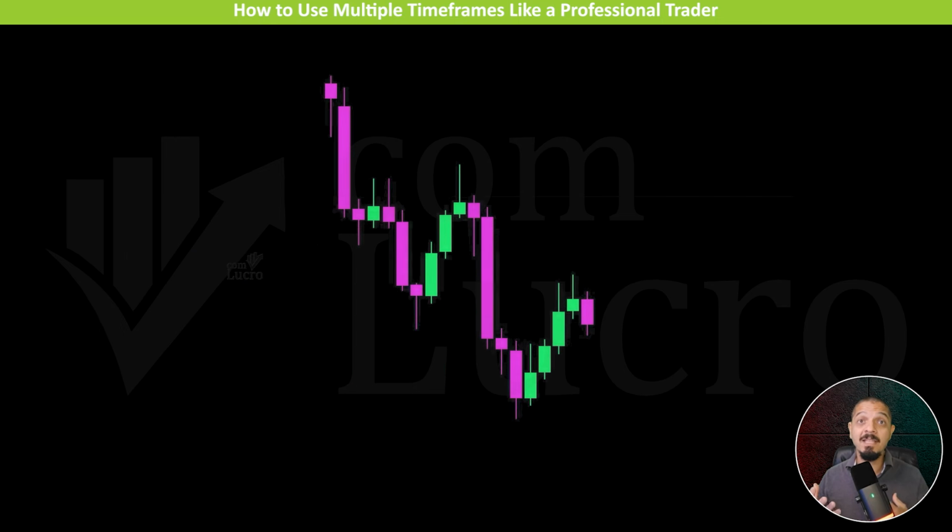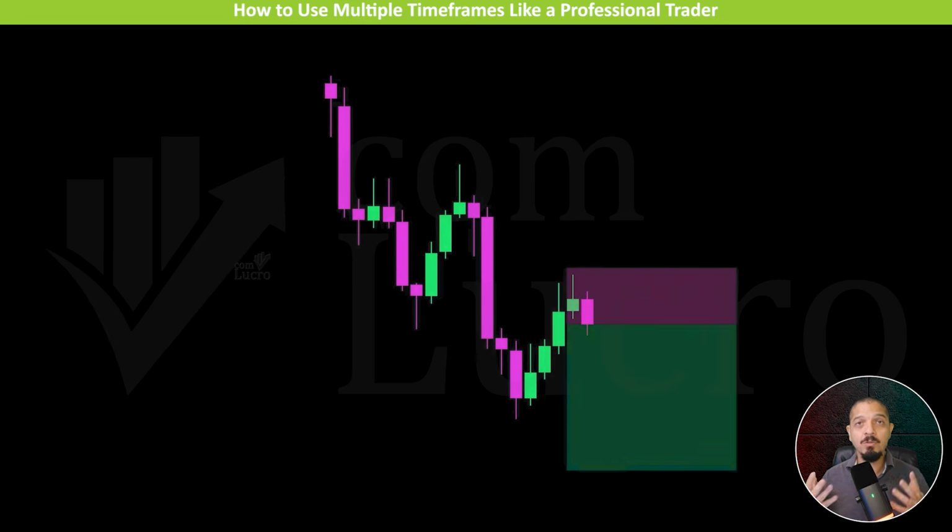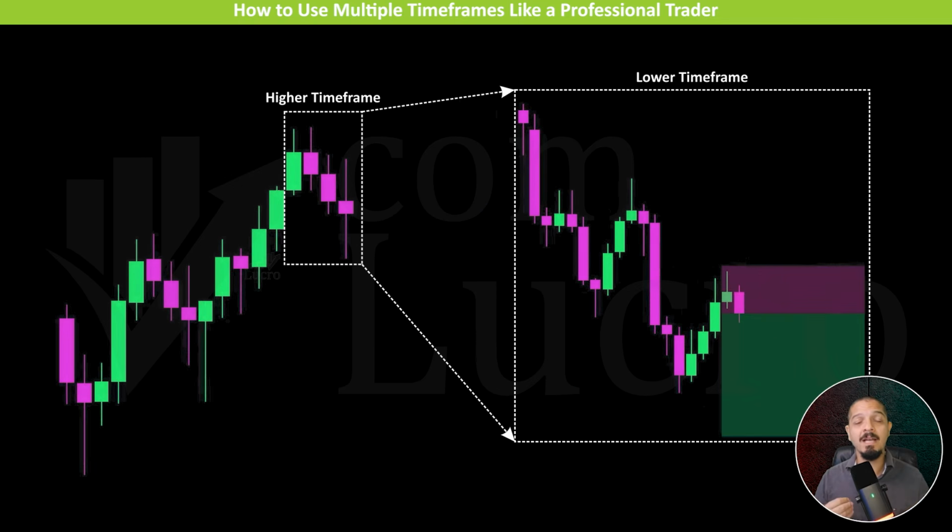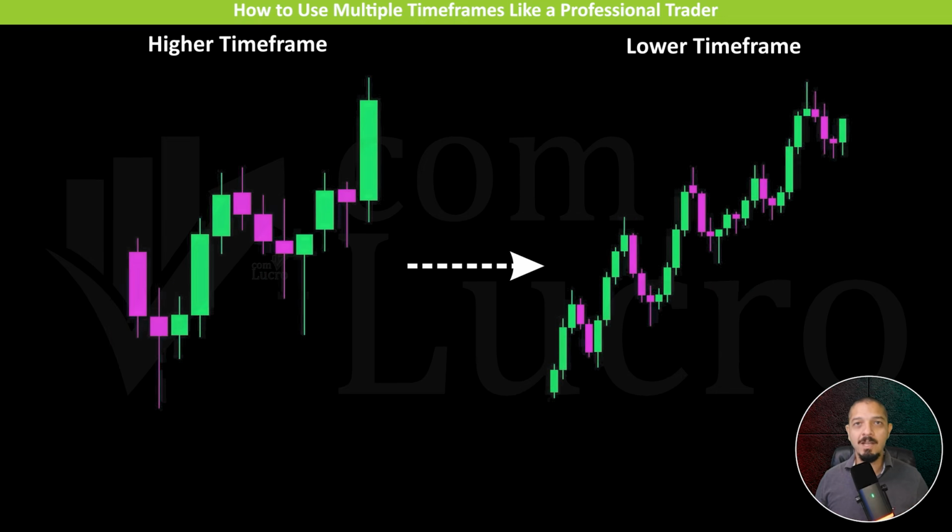The second reason is identifying the macro trend. The best trading setups appear when the higher time frame and lower time frame are aligned. Imagine entering a trade on the 15-minute chart just because you see a bearish structure forming, but without checking the higher time frame, you miss the fact that this downtrend may simply be a corrective move inside a larger bullish trend. In that case, price can reverse at any moment and continue in the broader bullish direction. On the other hand, when the lower time frame setup aligns with the higher time frame trend, you're trading with the overall momentum. That greatly increases the probability of success because you're no longer fighting the dominant direction of the